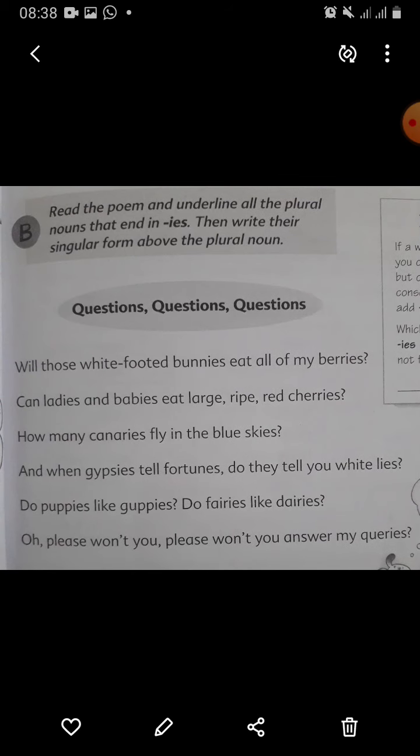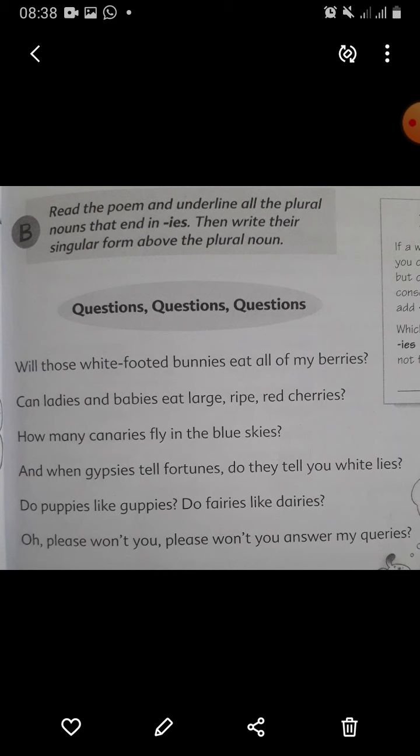Read the poem and underline all the plural nouns that end in ies. Then write their singular form above the plural noun. On page number 8 we changed singular nouns into plurals; now here we have to change the plurals into singular.